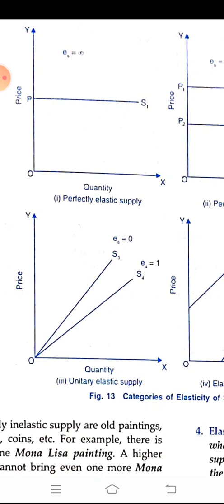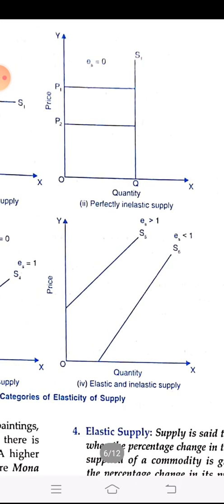Okay, perfectly inelastic, this is the thing. Yes, this is perfectly inelastic. You can see figure number 2, perfectly inelastic. This means that there is a change in price. You can see at the beginning there is OP1, it is decreasing to OP2. Right, so you can see that the price is increasing or decreasing, but the supply is static. The supply is not changing, the supply is fixed.